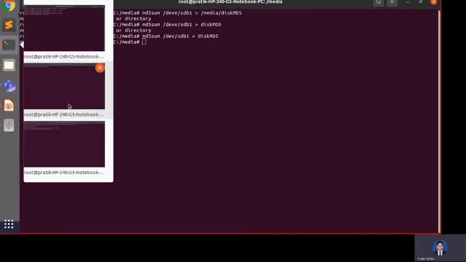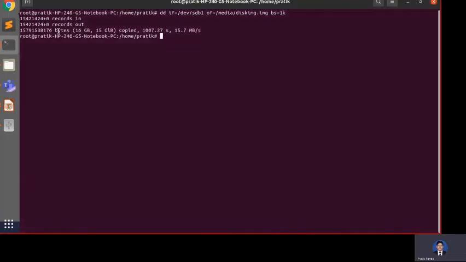So the MD5 checksum is created, and the image file is also created. Yes, 16 GB is copied. After that, let's create the checksum file of the disk image.